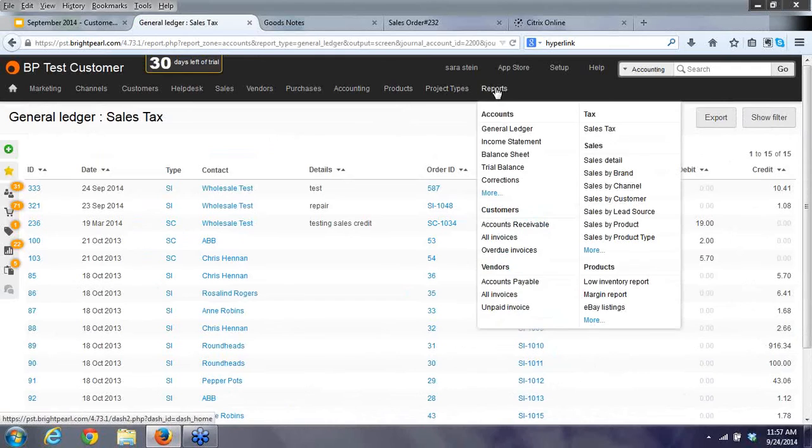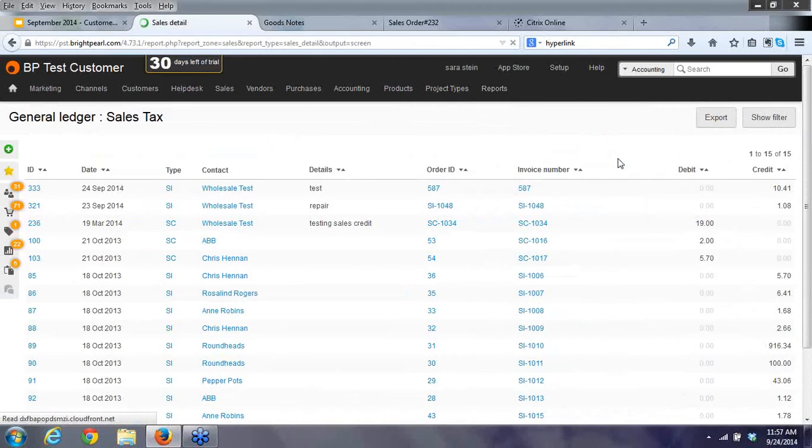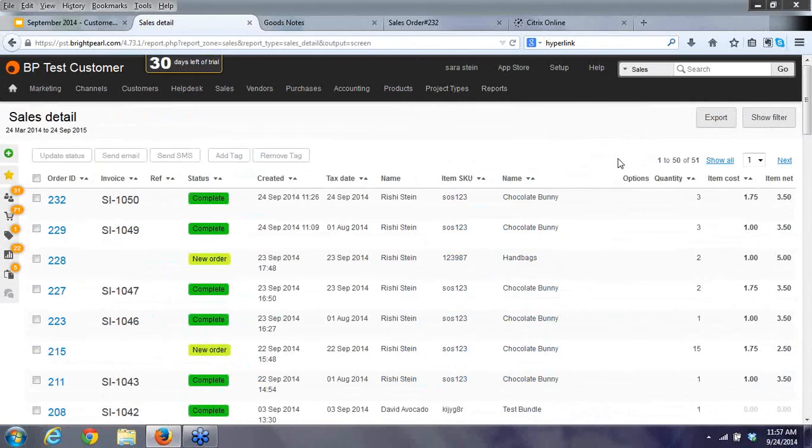One thing, a trick I wanted to show you that my colleague Nick pointed out to me that could be really helpful for you. If you're finding you're not getting enough information from the sales tax report, we have a sales detail report here, which shows all of the information that would go into the sales tax report. This may not have all the columns that you want. You may want to pull more